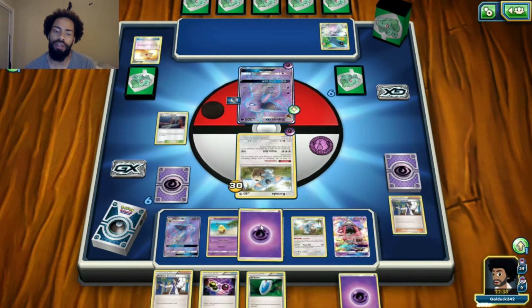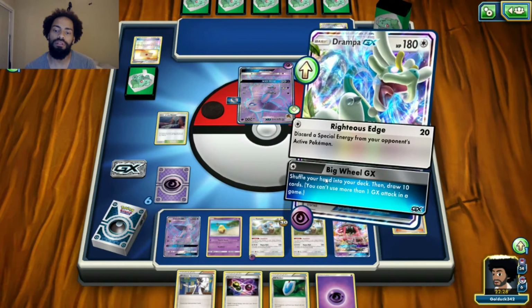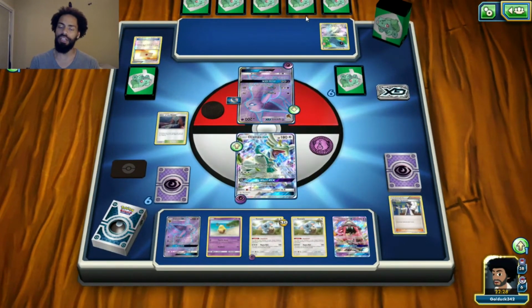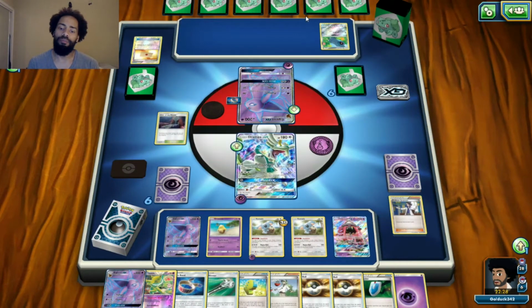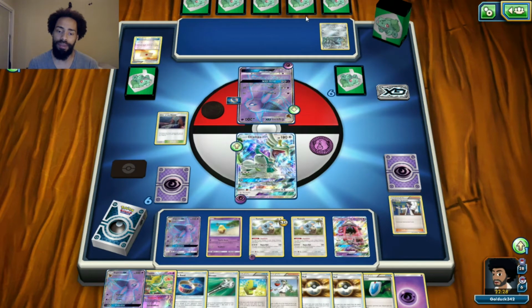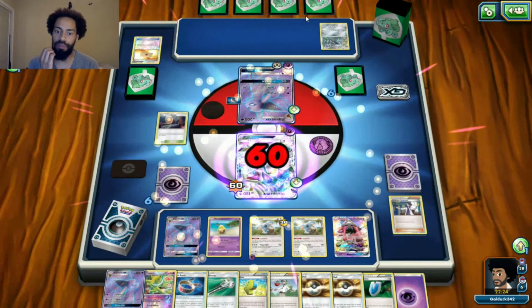All right, so let's do that. I'm gonna go into Drampa and Big Wheel. I mean, Divide might have been a better GX attack to save, but we're gonna Big Wheel just because we don't really want to lose our Komala for free, and we don't want to lose our Espeon. We don't want our Espeon to take a crap ton of damage. So next turn, I'll just retreat back into the...